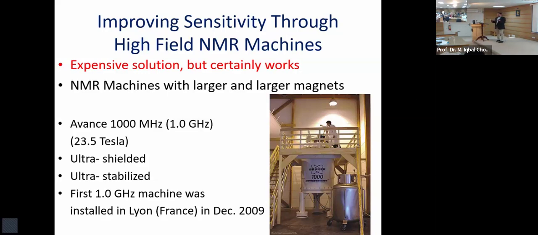Larger and larger, but you can't imagine the expense. This is literally millions and millions of dollars. I don't really think that anyone in the Asian subcontinent, except China and Japan, or maybe Korea, would have a 1.2 gigahertz machine. One we have is about 800, but there's a cryo at 800, which is about 900. Okay, so